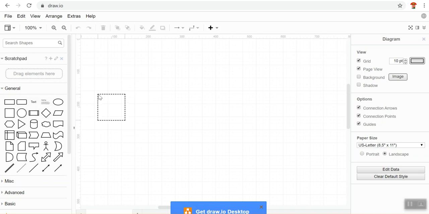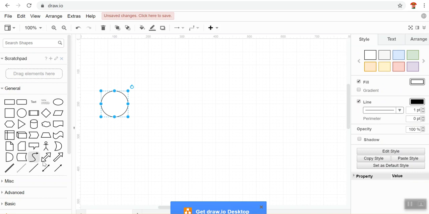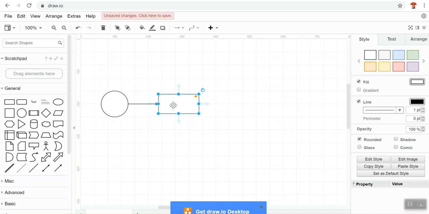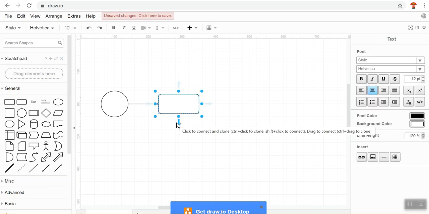So start event is just drag the circle, add an arrow. It's kind of funky, so it doesn't look exactly what Visio does, but if you let go, it's like a 45-degree angle, so you have to actually move it around a little bit. And then you can have the first task. I'm not going to type in and do the same thing I did in the previous video, but here you can obviously just double click and type in, let's say pulling up